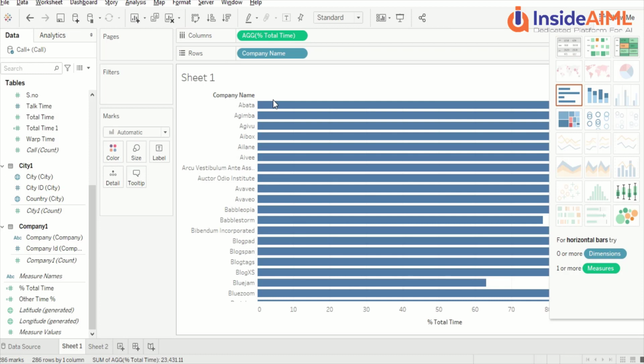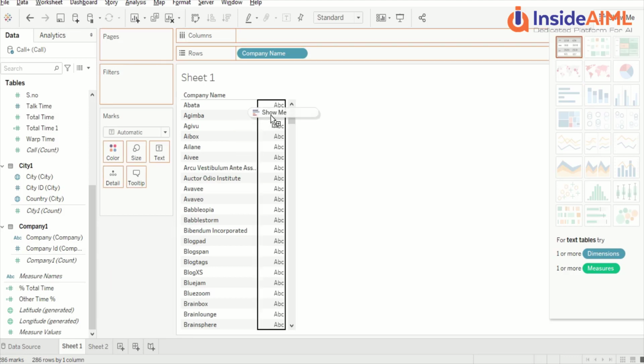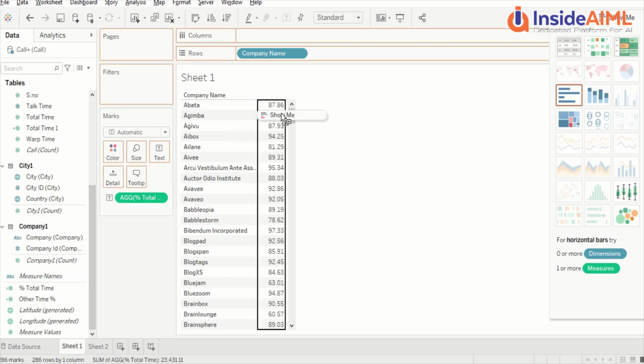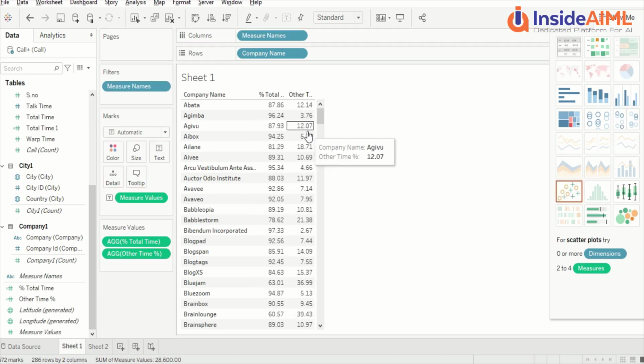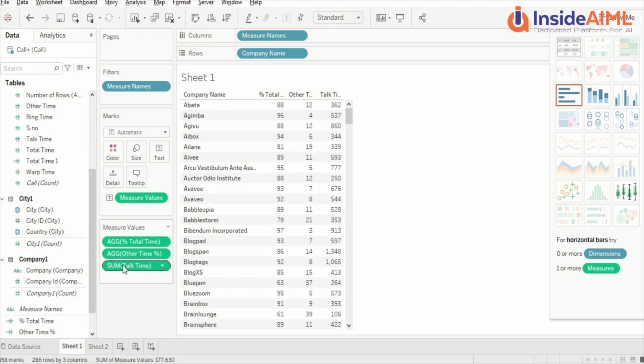Let me again drag it here. So it's going to create a table. Now it has created a measure. Now I can drag a few more measures here in the measure values, and it keeps on adding like this. So this is how you create a table visual.